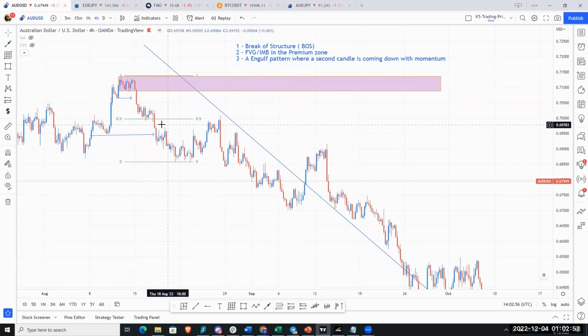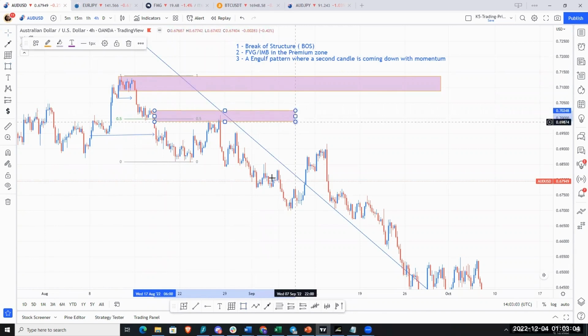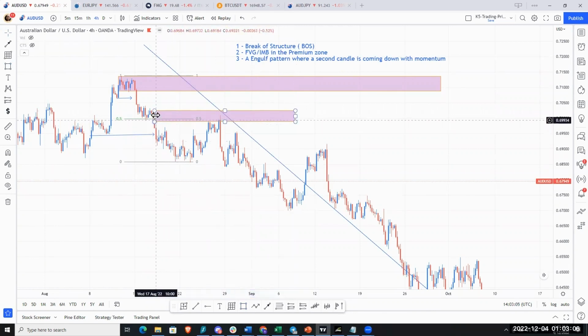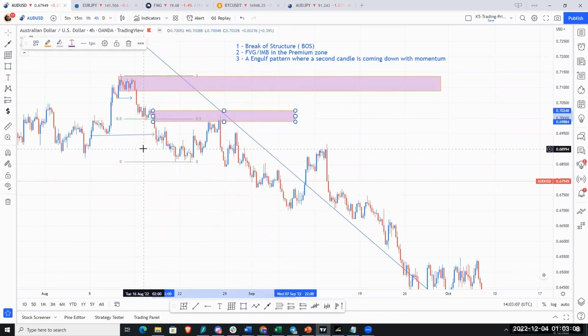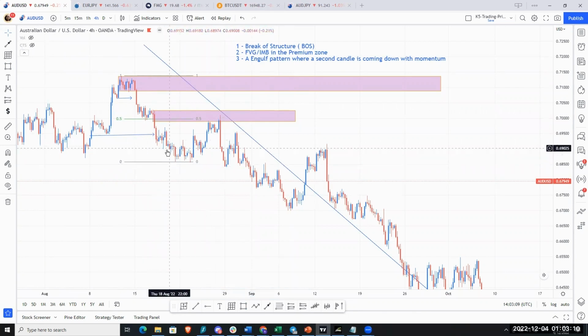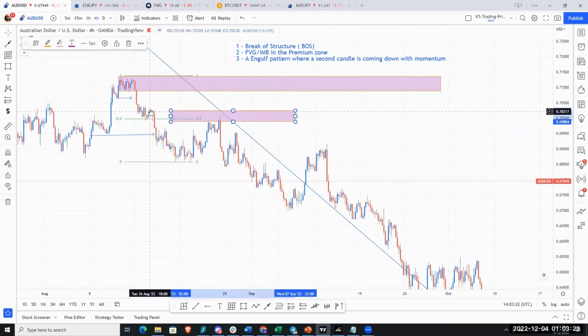So if you see this area right up here, just above the fair value gap, candle number 1 can be your point of interest. And this is the second way to look at the point of interest, which is the fair value gap point of interest. That's your point of interest, and the market comes down. But from the swing point point of view, let's try to find out where your swing point is. Your swing point is this blue candle, right? So if you mark that blue candle high,